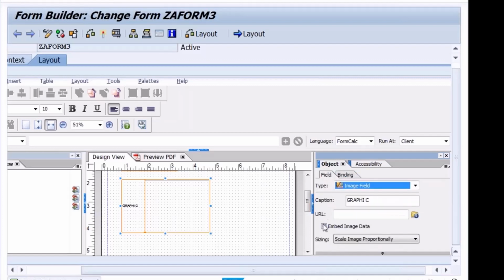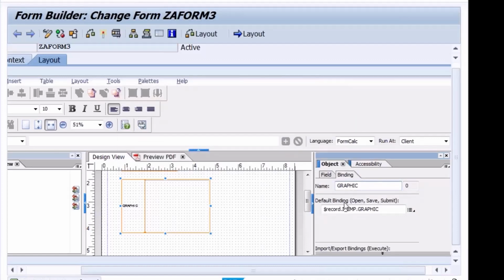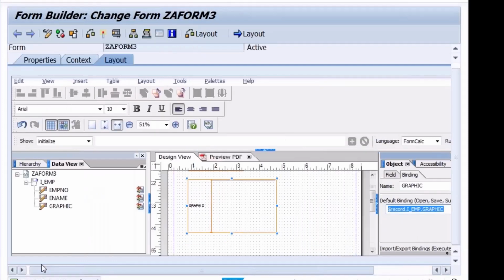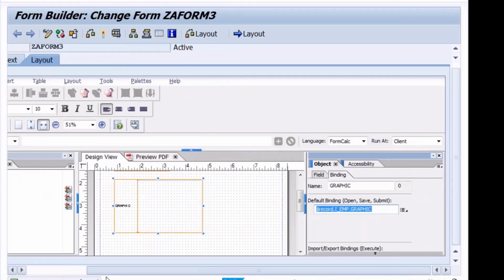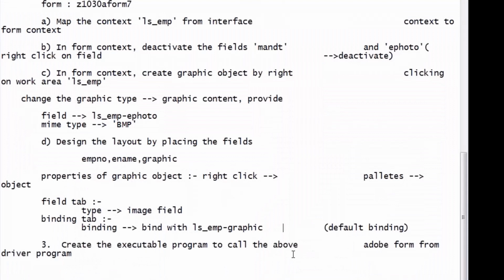Binding. I'll remove this. Same I got. Correct only.